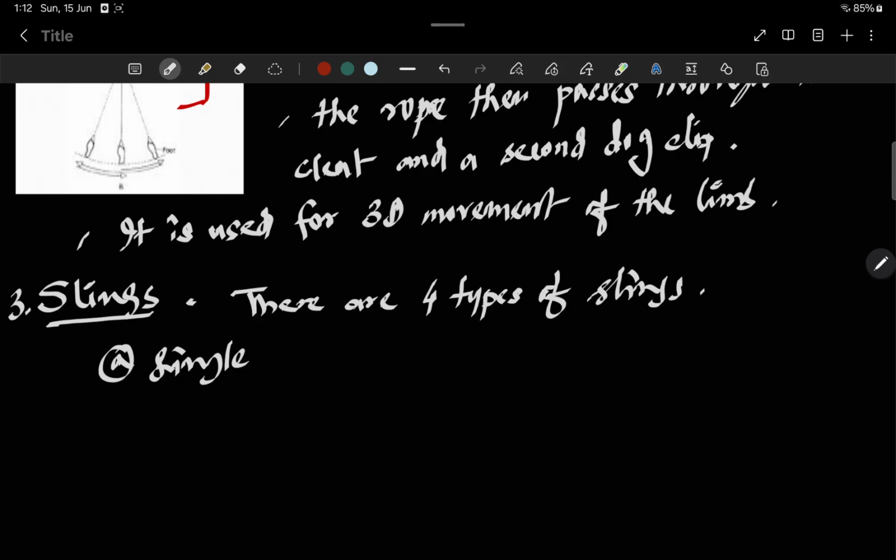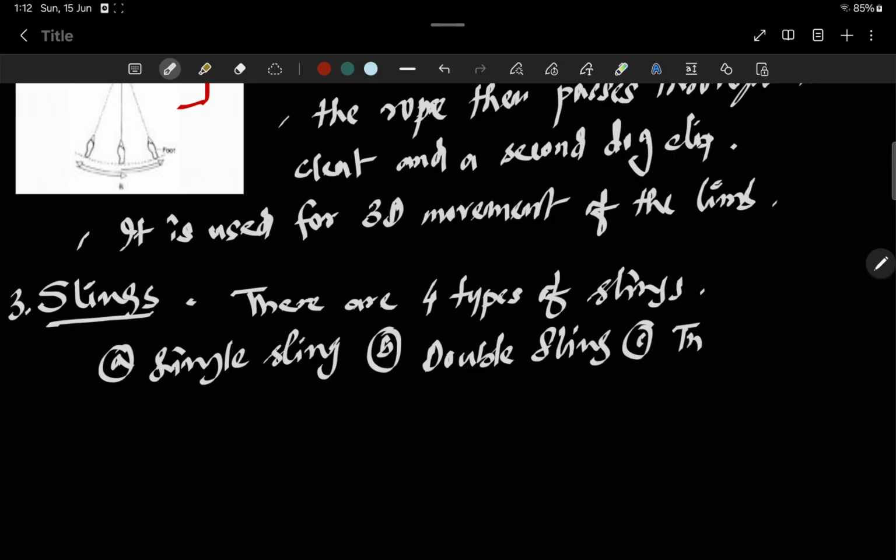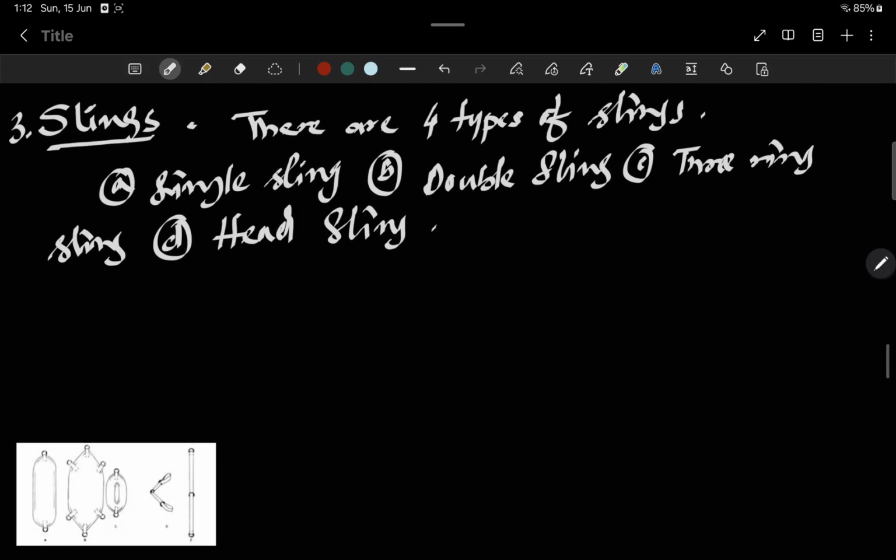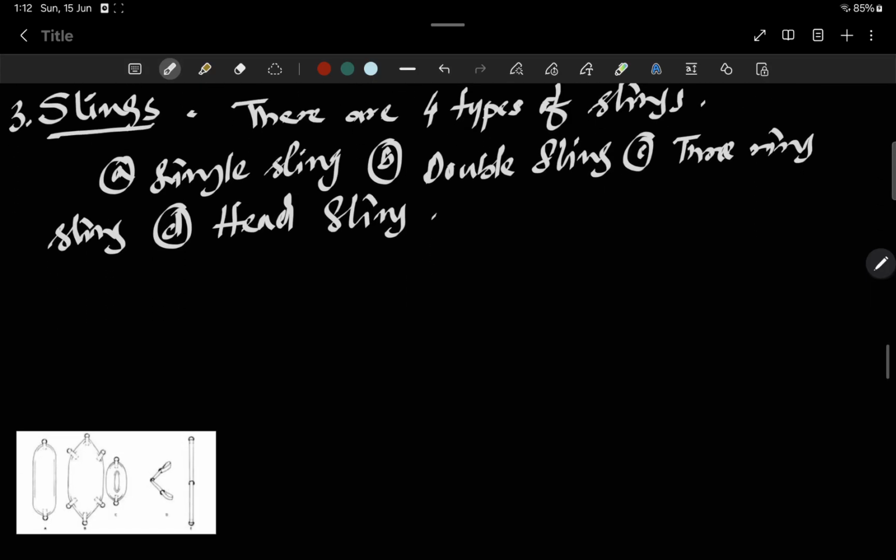Single sling, double sling, 3 ring sling, number 4 head sling. Okay, now